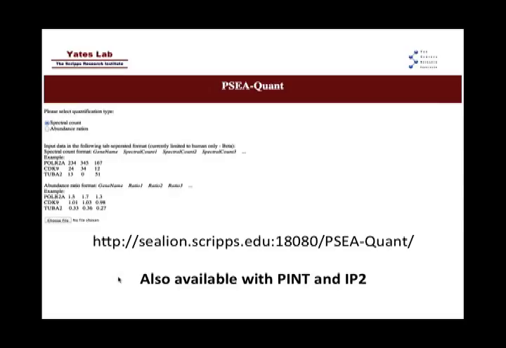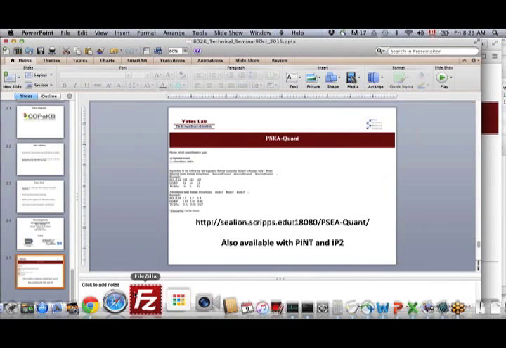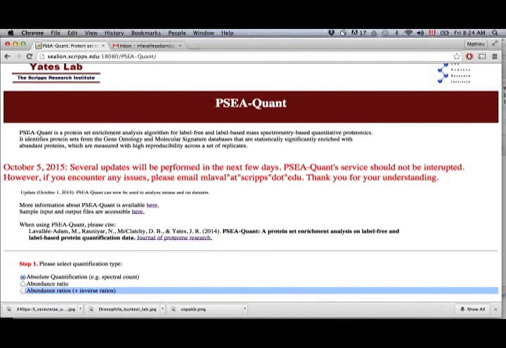And before I completely end, I'd just like to show you a few additions to the PSEA-Quant interface. The interface is fairly rudimentary, but it doesn't need to be much more complicated than that.